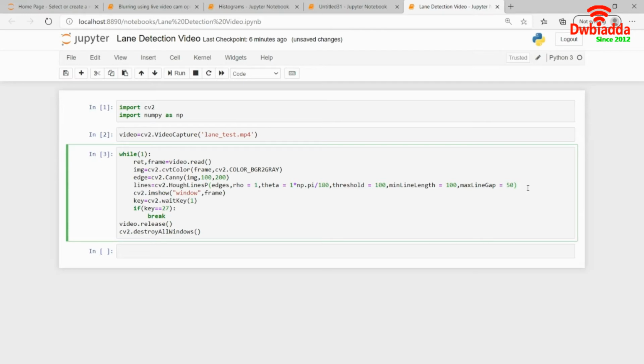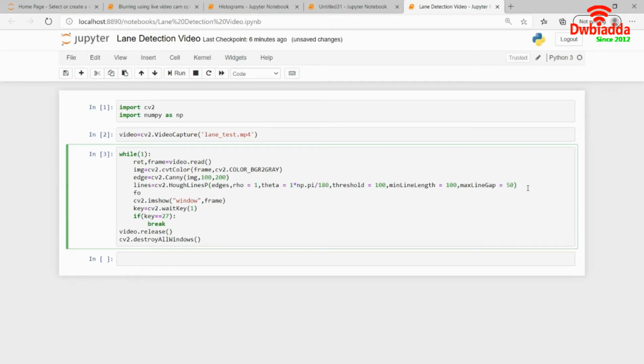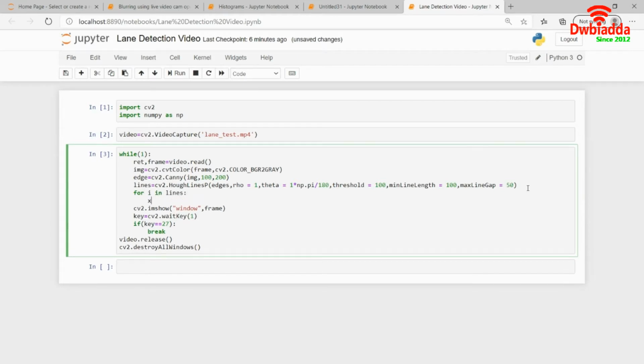Now I will iterate over this lines variable, that is, for i in lines, x1, y1, x2, y2 is equal to i[0].